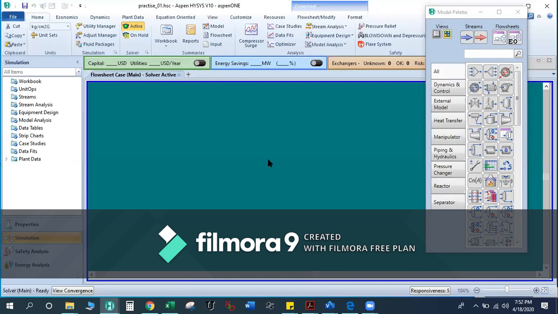Now the interface will be something like this. Even if you are using HYSYS 8.8 onwards, you can switch back to this screen. It doesn't matter whether you are using that screen or this screen, nothing will change. You will get the same result. Don't worry.